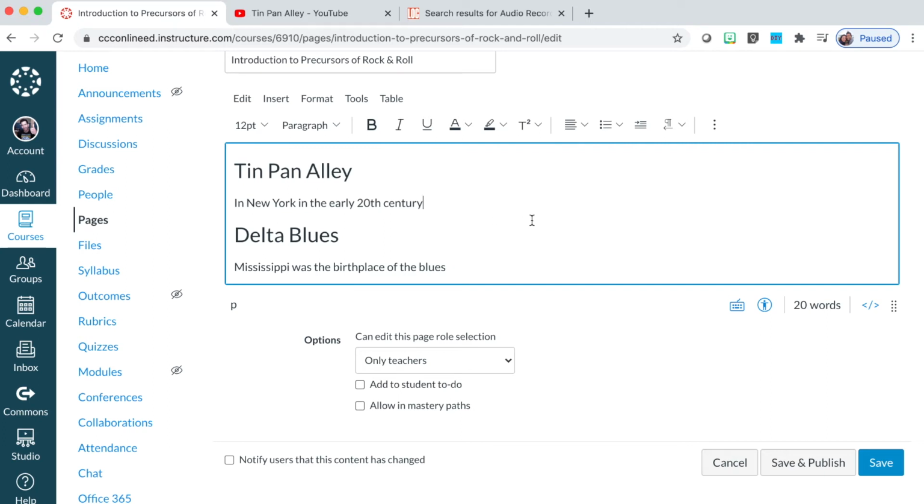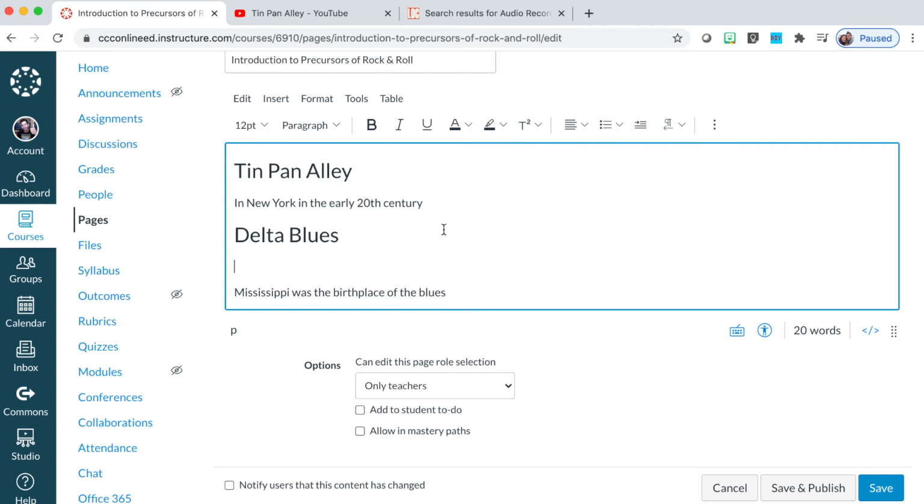Now, on this page, I'm going to add a couple more items, actually 3 more items. And the next item I'm going to add is an image. So the first thing I want to do when adding an image is put the cursor where I want the image to go on the page. So I'll actually have the image exactly follow the Delta Blues heading 2. So I'll put the cursor to the right of the heading title, and I'll hit the enter button.